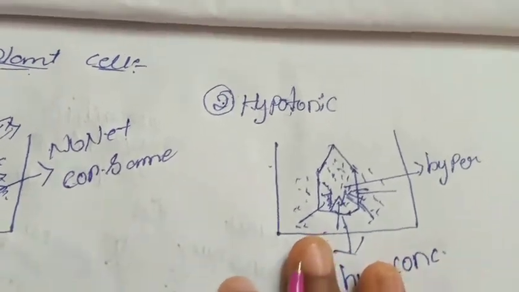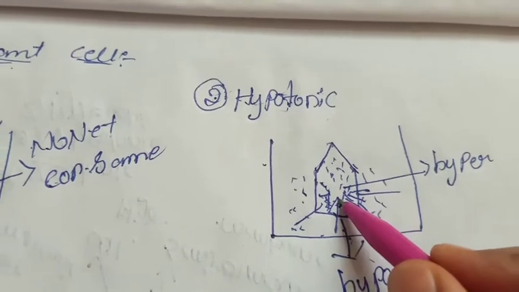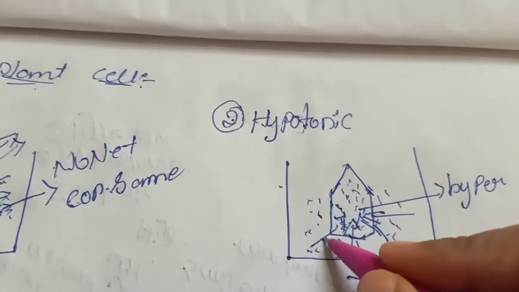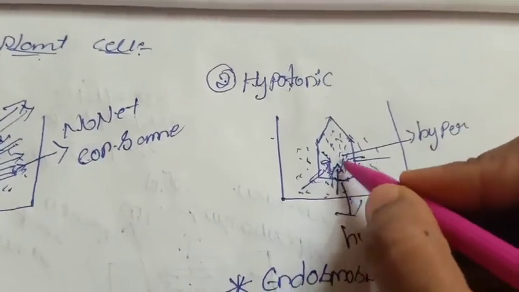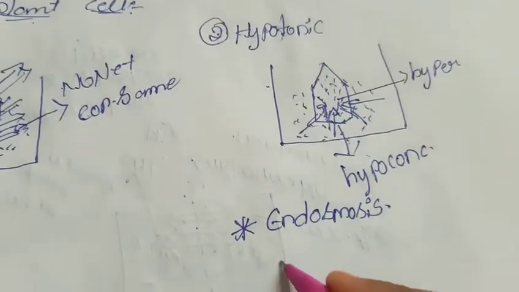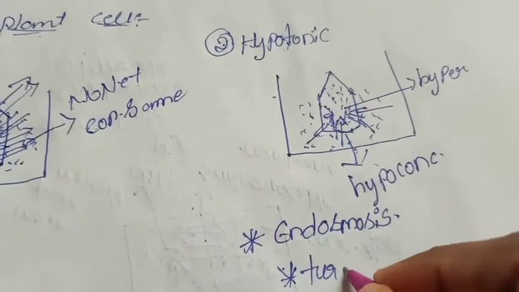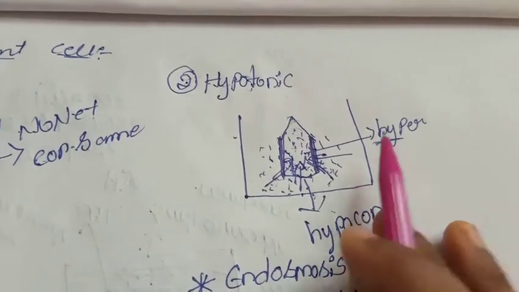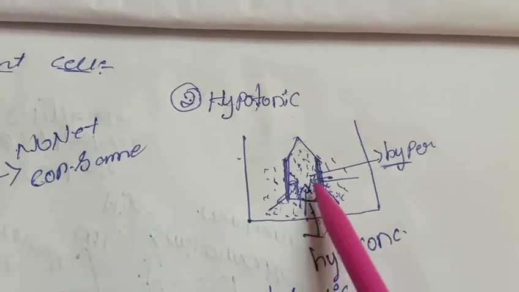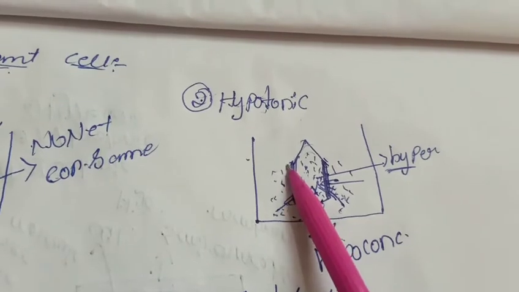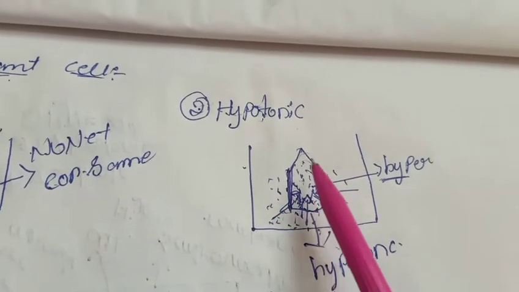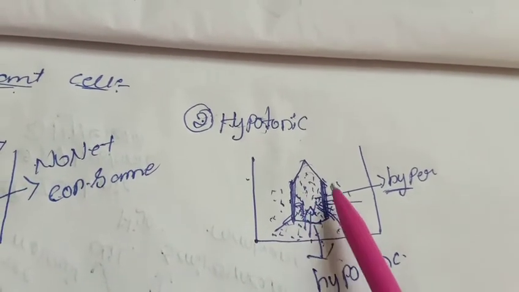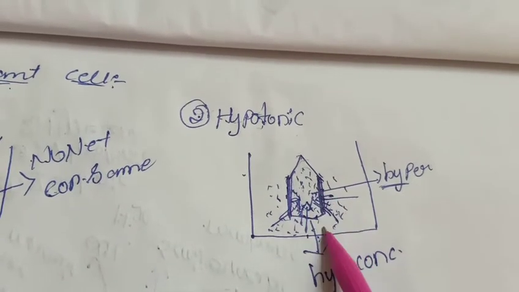But the difference is, the molecules will go inside and the plant cell is having a cell wall. So it will become turgid, because it is absorbing water. The cell will become turgid because of absorbing the substances which are coming from outside to the inner cell, so there will be absorption by the hyper concentration. So the cell wall will become turgid, but there is no bursting.